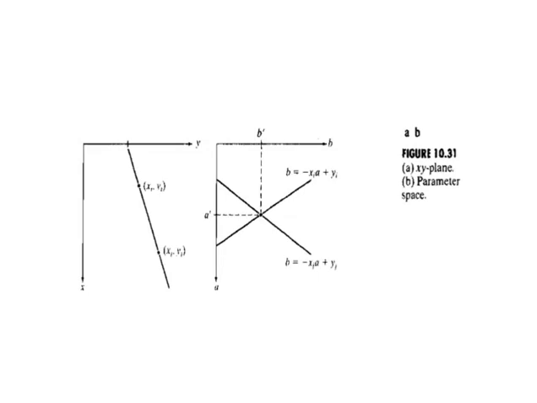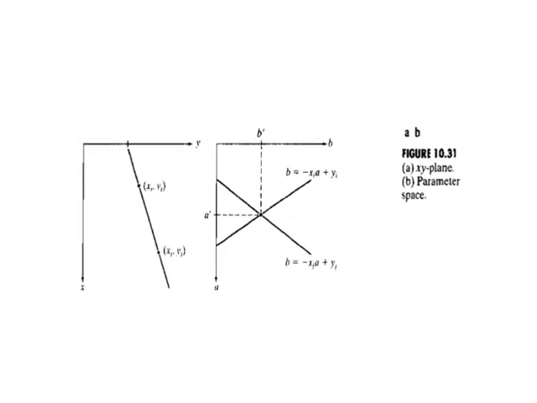Consider a point xi, yi in the xy plane and the general equation of a straight line in slope-intercept form, yi = a xi + b. Infinitely many lines pass through xi, yi, but they all satisfy the equation yi = a xi + b for varying values of a and b. However, writing this equation as b = -xi a + yi and considering the ab plane, also called parameter space, yields the equation of a single line for the fixed pair xi, yi.